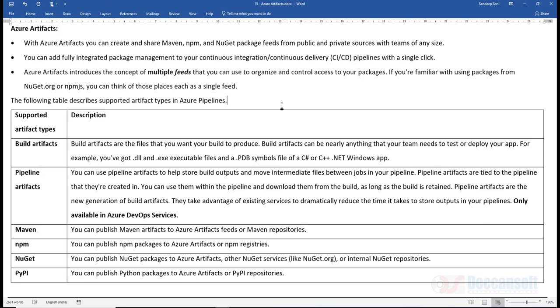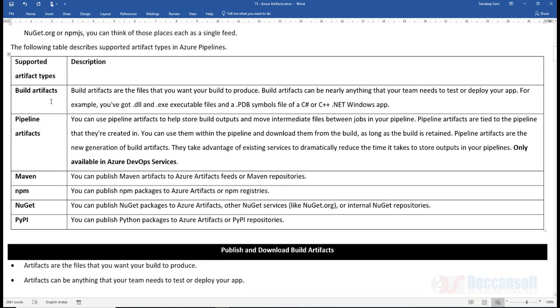But what Azure Artifacts is going to give you support for is that you can put all these things in one single place, that is in your DevOps account, and from there you can distribute to the rest of the organization. It's a centralized location. It's a single feed from which you are going to provide access to the various packages. And not only the predefined packages, but also the custom packages which one team builds and wants to give to other teams. You can achieve the same using NuGet, using the feeds which are there in Azure Artifacts.